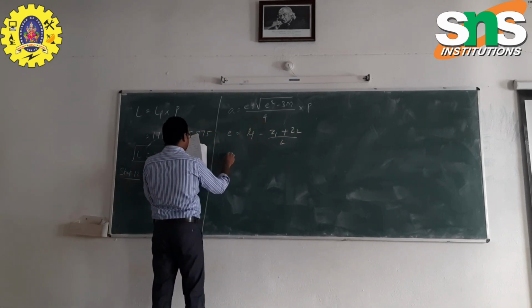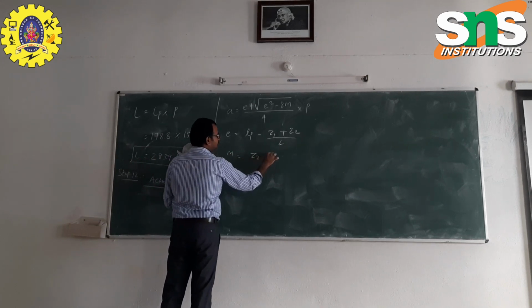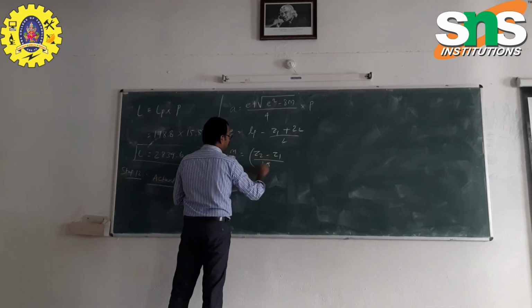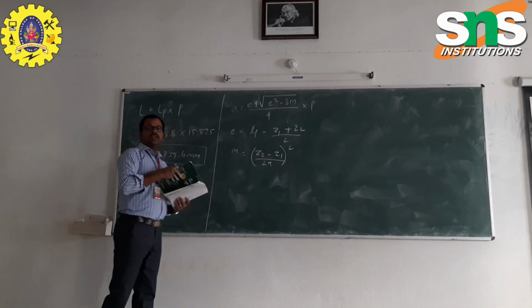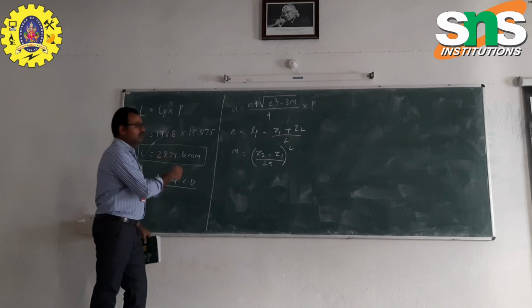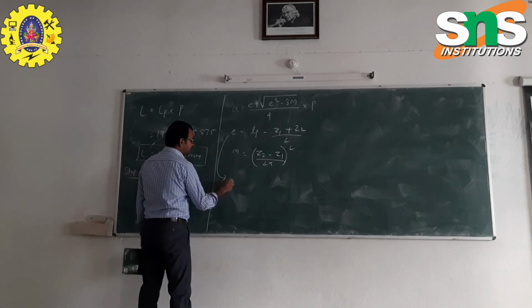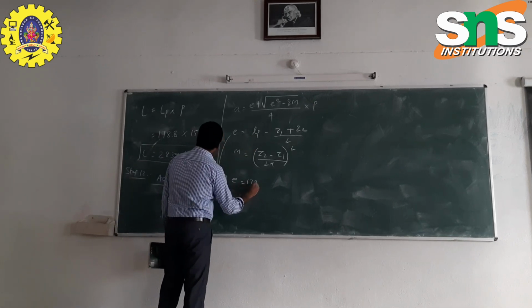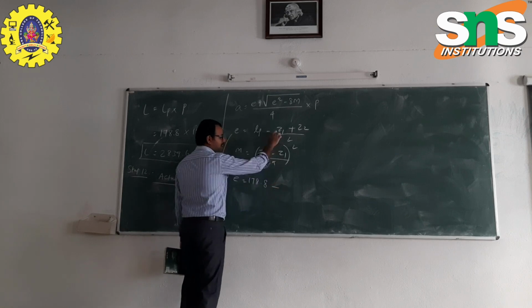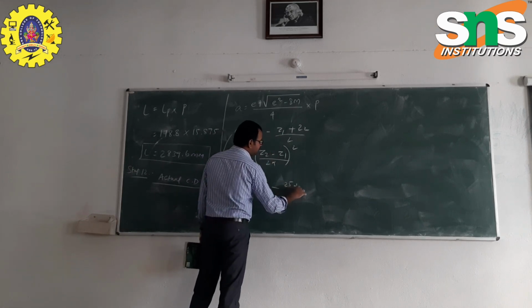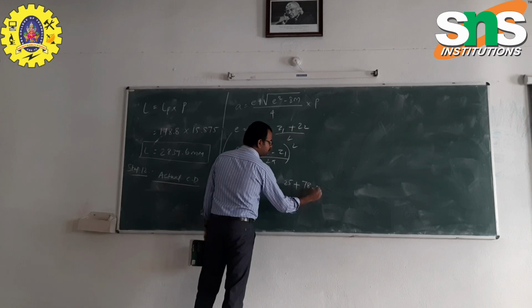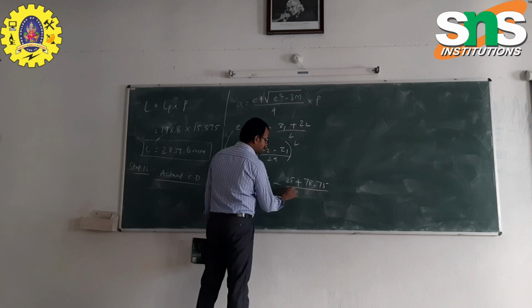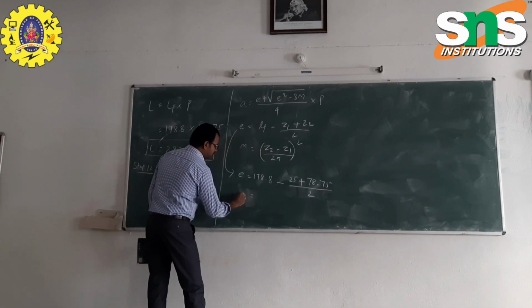Then another parameter is module. M is equal to Z2 minus Z1 divided by 2 pi, the whole square. Now we are substituting those values in the respective formula. First we calculate the E value. E is equal to LP. LP's value is 178.8 minus Z1, whose value is 25, plus 78.75, divided by 2. The value of E is equal to,